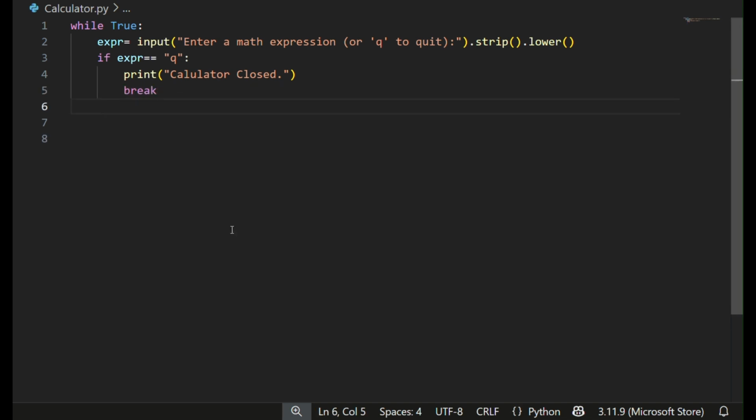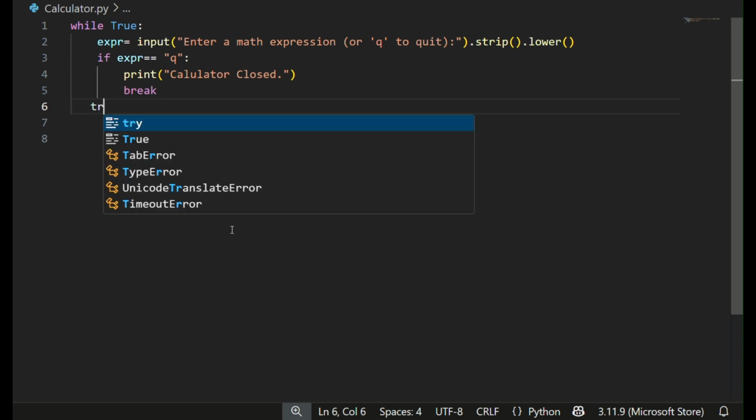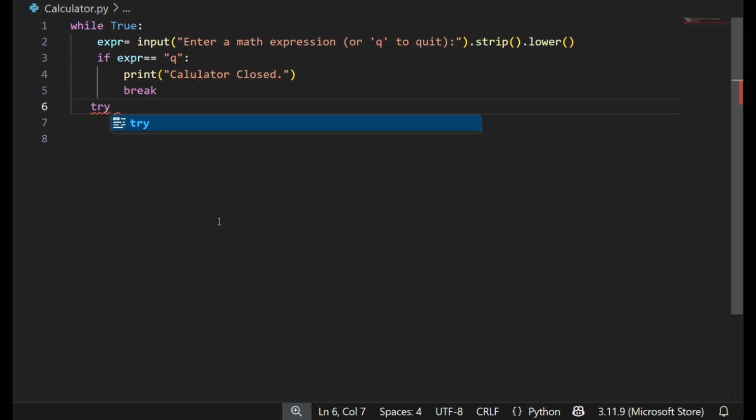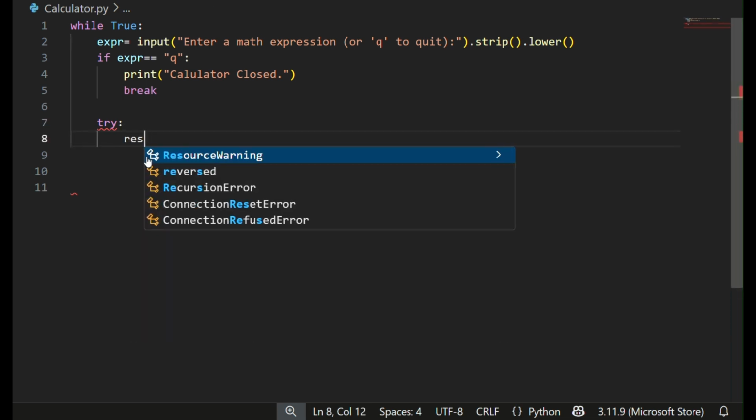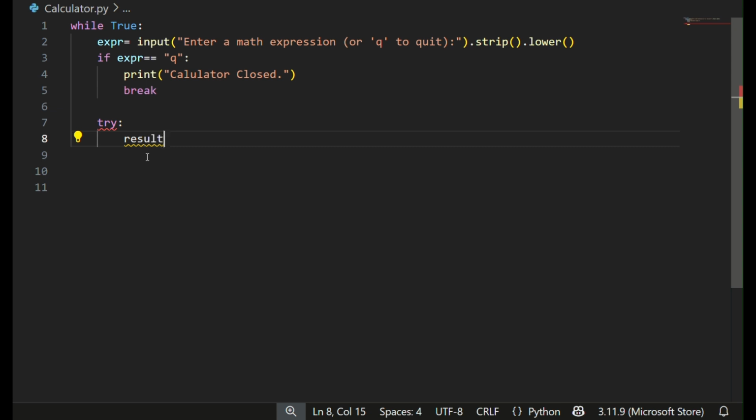So now let's continue. So now we will make a try except block. Okay, so we make a try block, and then we will write a new thing here. Here is the magic part. So we will take a variable that is the result. So result is equal to